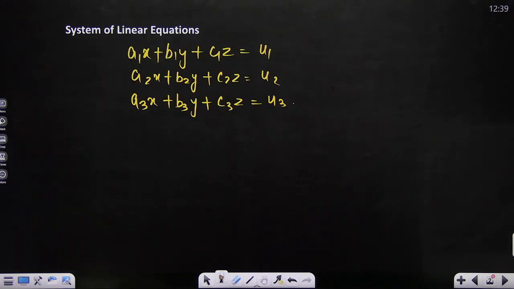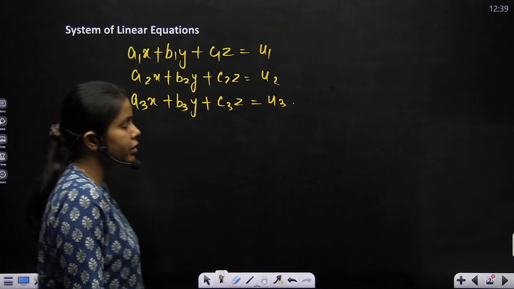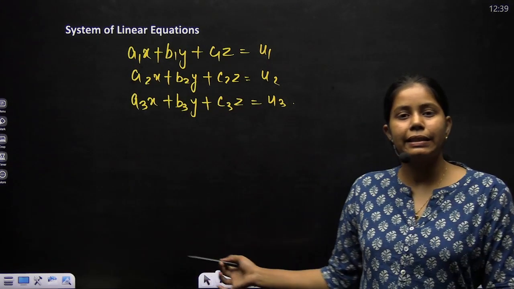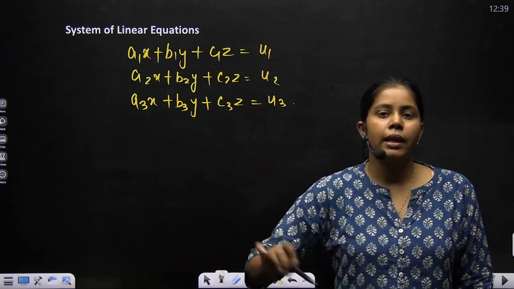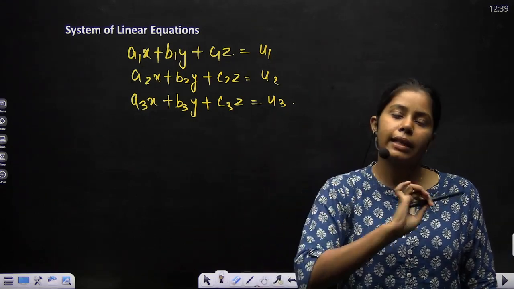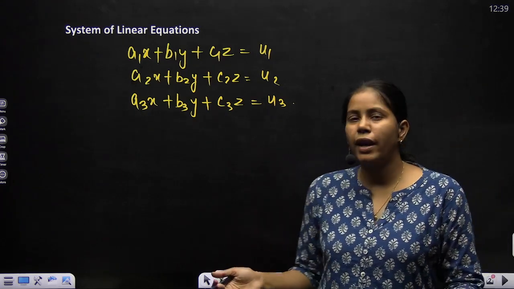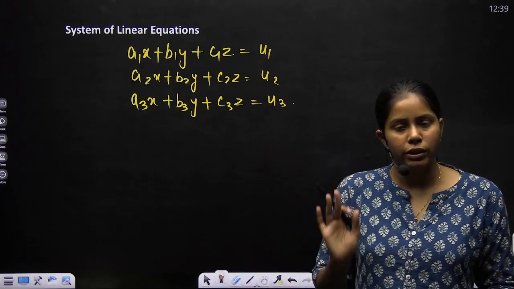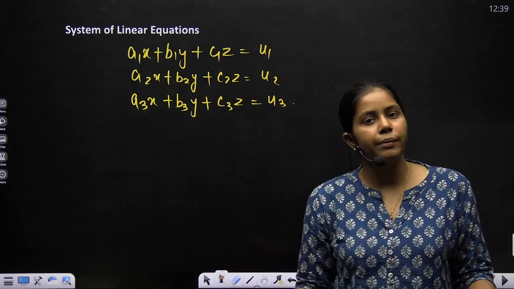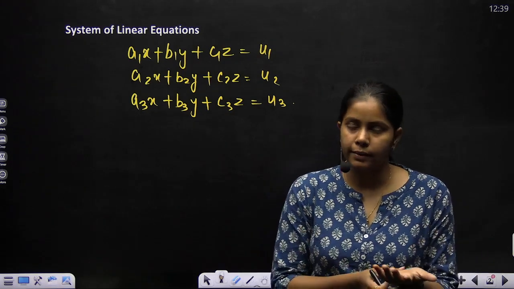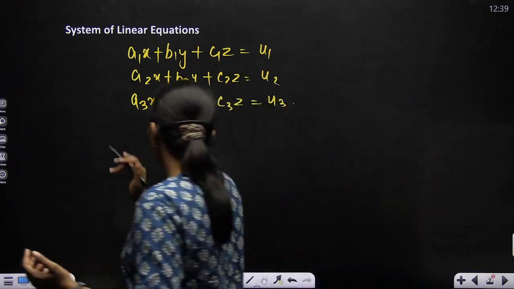So this is a general format I have written for a system of linear equations. It has three variables and 3 equations. It can have n variables and m equations, there is no restriction on that. But if I have 2 variables, I can simply solve it using elimination. If I have more than 2 variables, then I'll switch to matrices, right? So what would I do? I'll write it down first